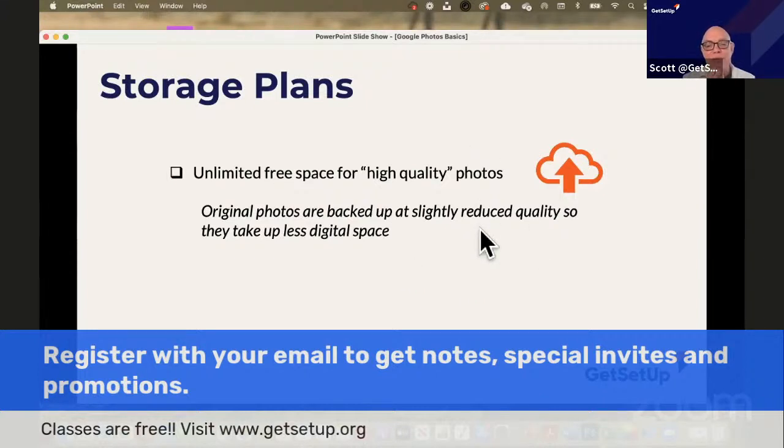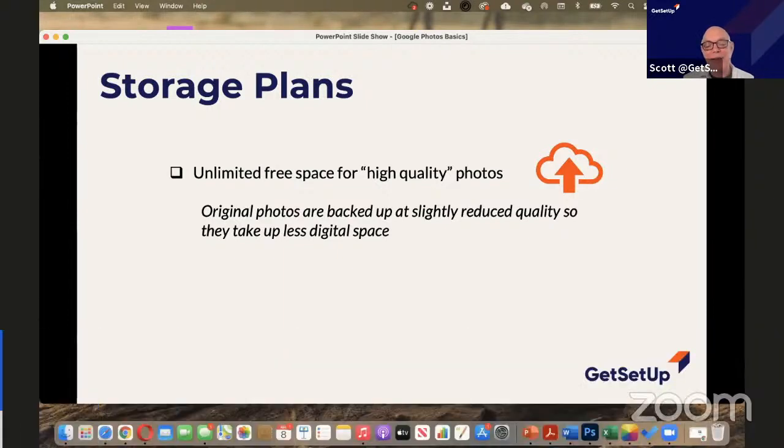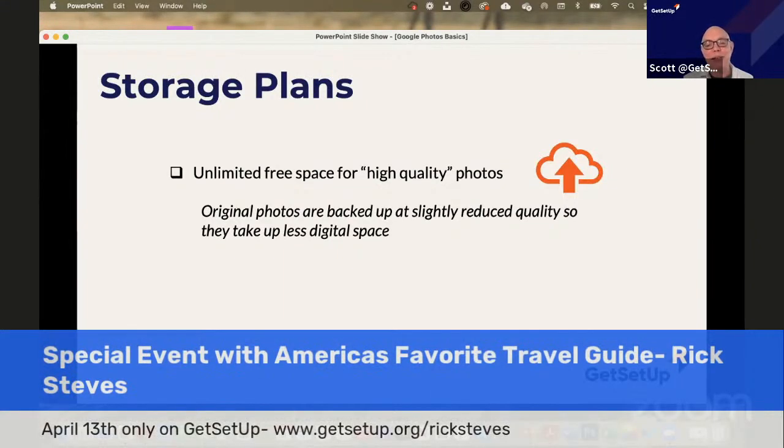Google does offer something else too right now, but that is changing. Right now, you can get unlimited free space for what Google is calling high quality photos. When they say high quality, it really means that they are downgrading the quality. It's a little bit misleading the way they word that. It's so confusing. Your original photos are backed up at a slightly reduced quality, so they take up